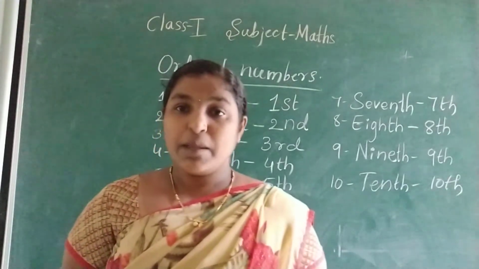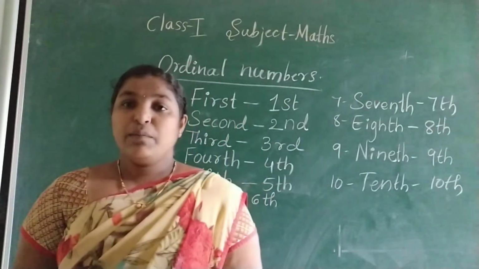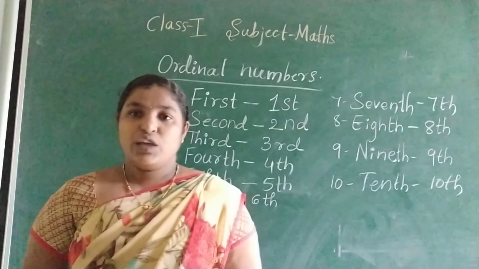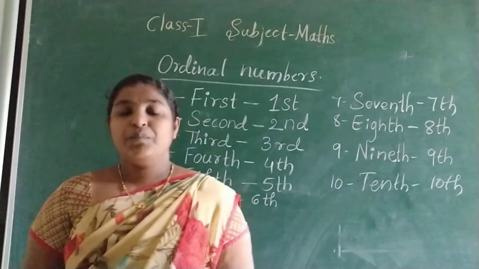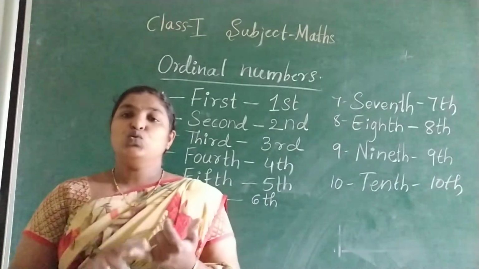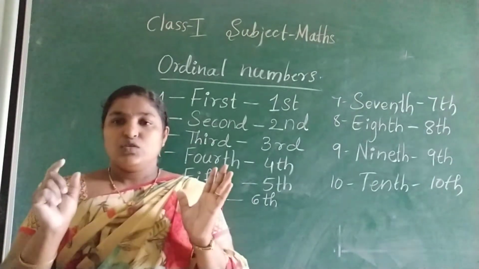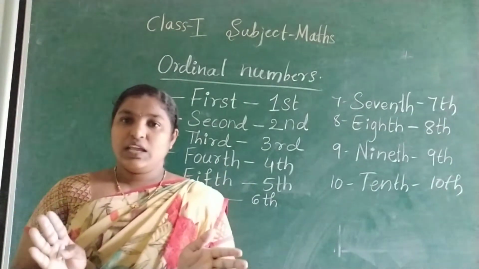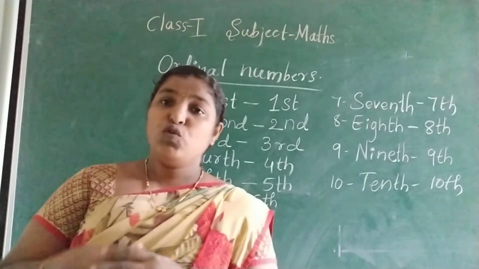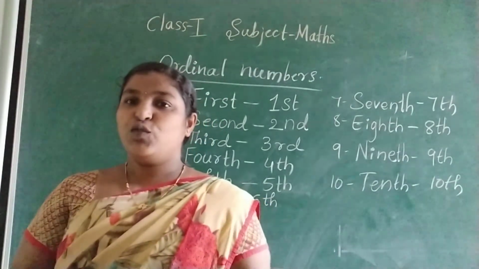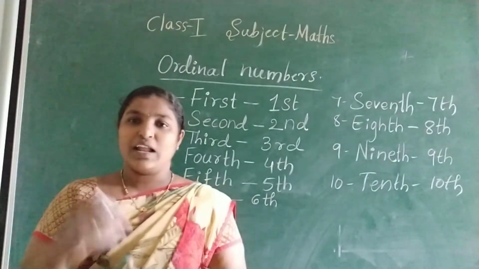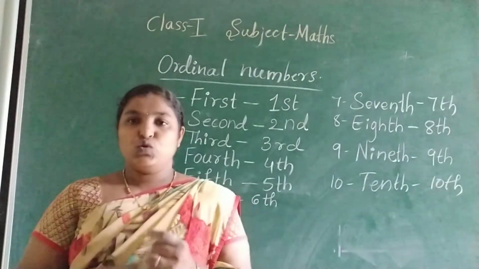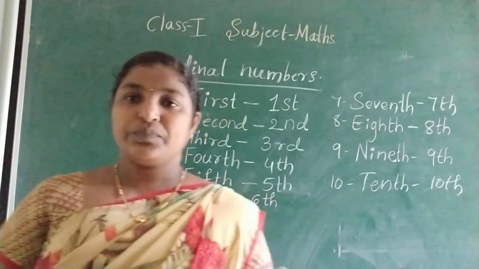Okay? In the prayer assembly, principal sir will give you the gift. I will supply that. So learn 2 to 30 tables by heart. 2 to 20 is mandatory for first standard. If you do up to 30, then you will be the genius in tables. We will call you like that only. Learn 2 to 20 tables by heart.